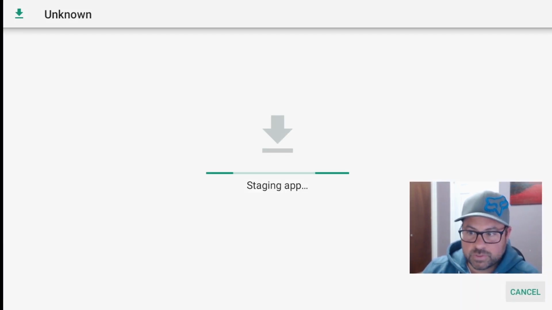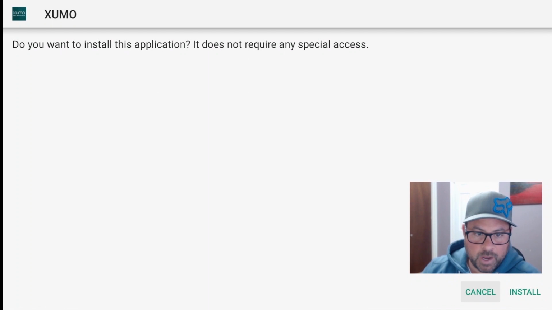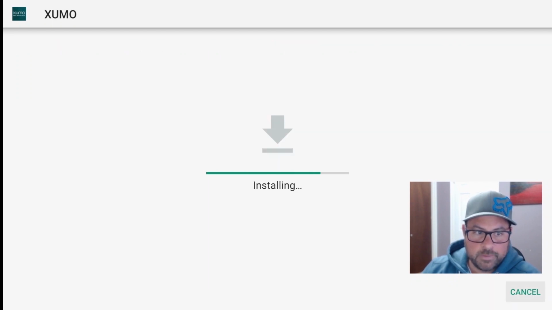So give it a moment here. It's going to ask for us to install it. So down on the bottom on the right, push install. Once it's installed,